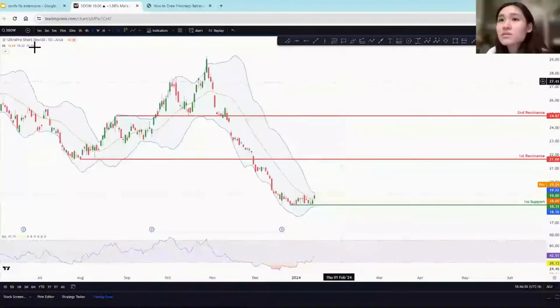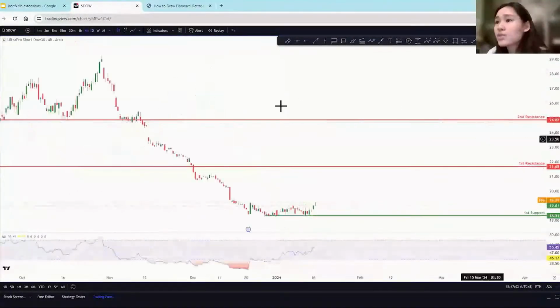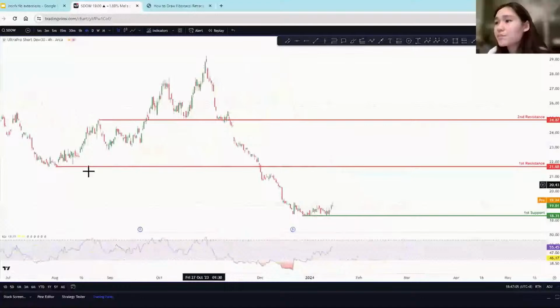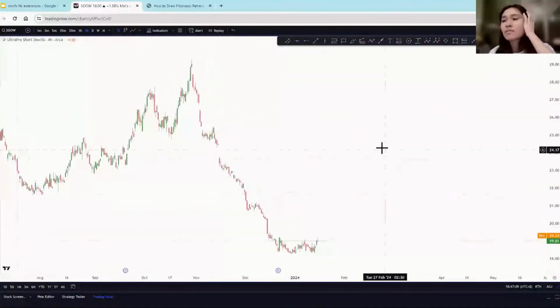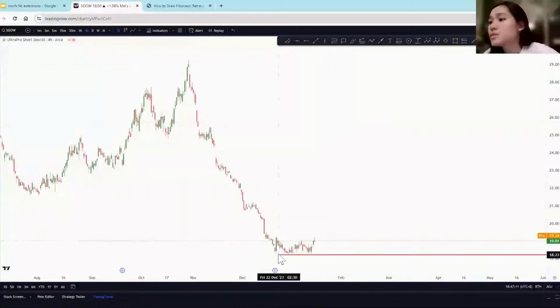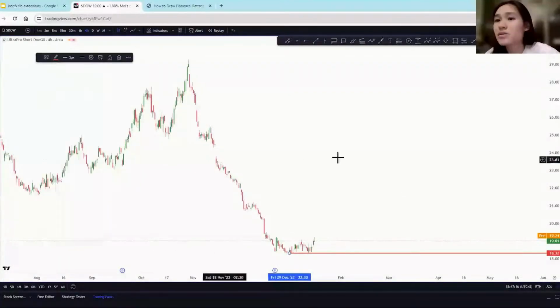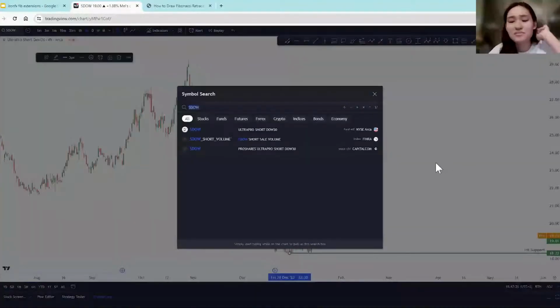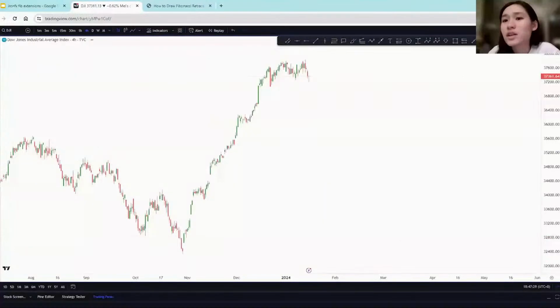Okay, let's look at our 4-hour time frame. So we kind of have the same levels here. This is our first support. Okay, let's look at